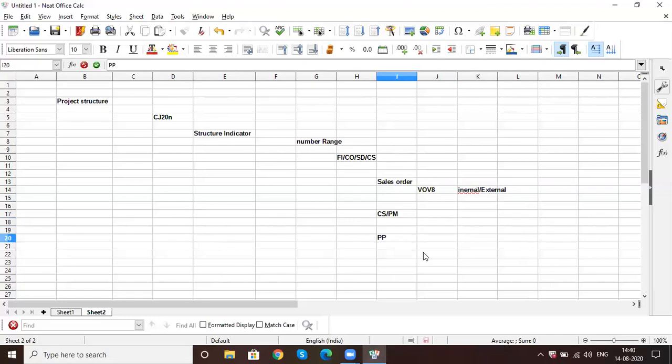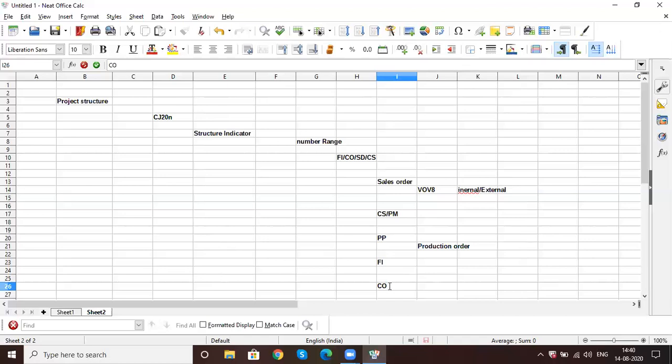When we talk about plant maintenance and PP, we have production orders, process orders, and different kinds of other plant orders. All of these have number ranges. In the same way, FICO documents also have a document number range assigned. For CO also, settlement documents or any kind of postings will have a document number assigned.